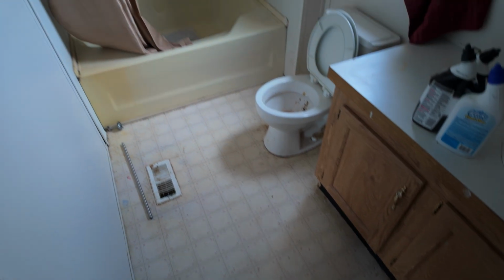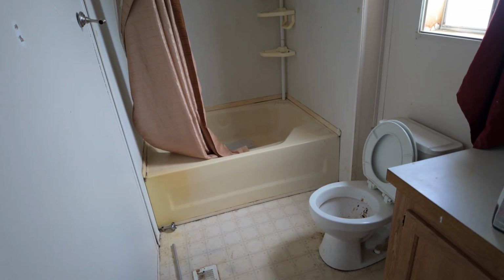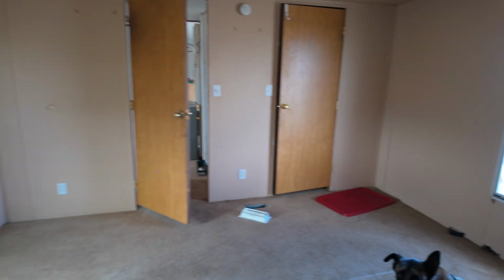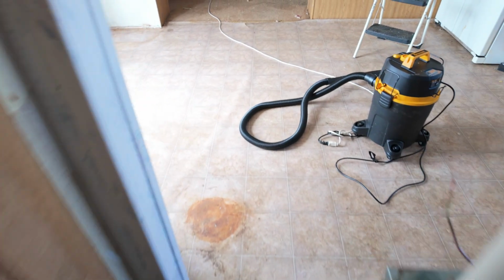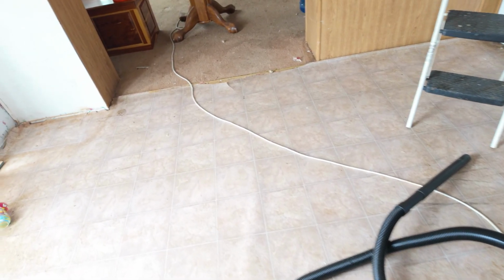Completely night and day. It'll be nice once I get everything all cleaned up. This will be a completely different house. Somebody that moved in wouldn't even know what was going on in here, but I think they already do, so not a problem. But I just wanted to give you